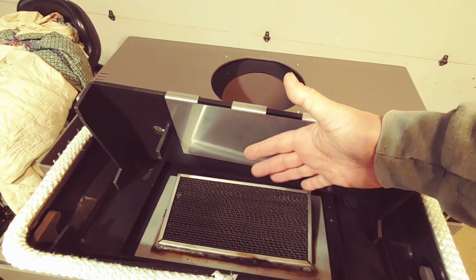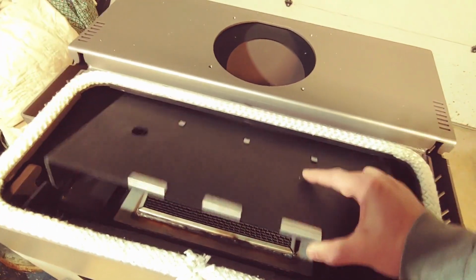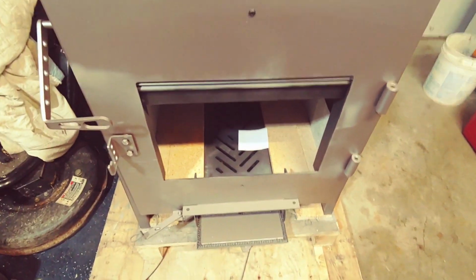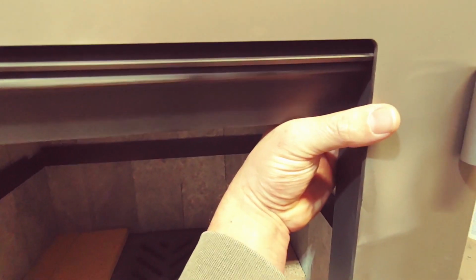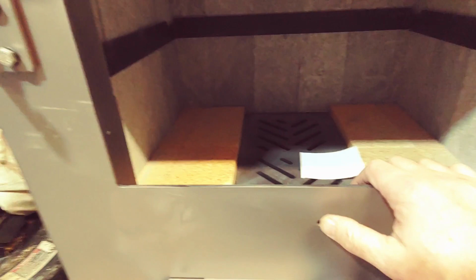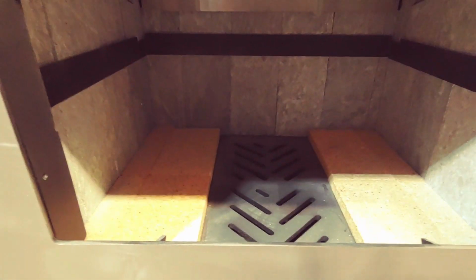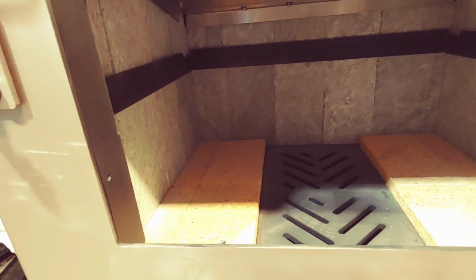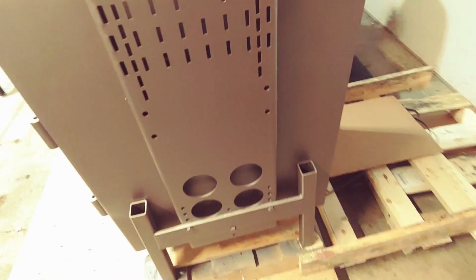I think what it does is it reflects the heat back down into the catalytic converter to probably make it more efficient. Not sure. The other change is, obviously there's a weld up here where it tore. But the bottom, I have a smooth piece of metal. And this firebox just looks a little smaller because I don't have this valley over here and here that the fire brick sits down in. So I guess those are some of the new updates or alterations to the newer model here. So it's going to be fun. Shouldn't be too bad, really. Now that it's stripped down,